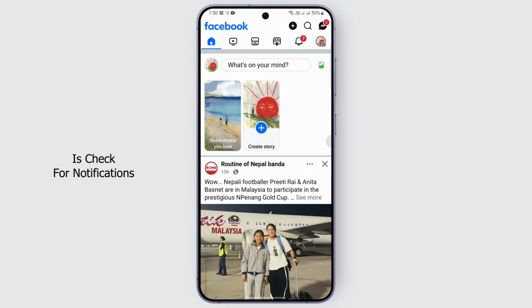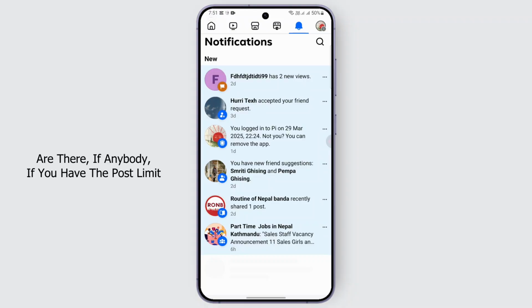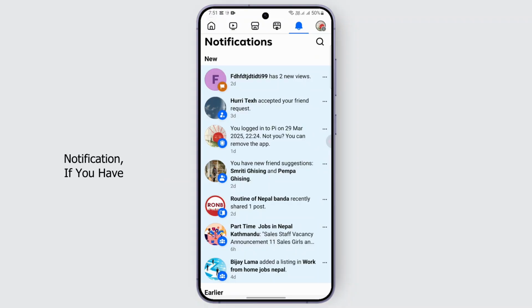So the first thing is to check for notifications and follow instructions. You may head over to the notification tab, and once you are there, if you have received a notification regarding a post limit or restriction, carefully review the message for specific instructions on how to